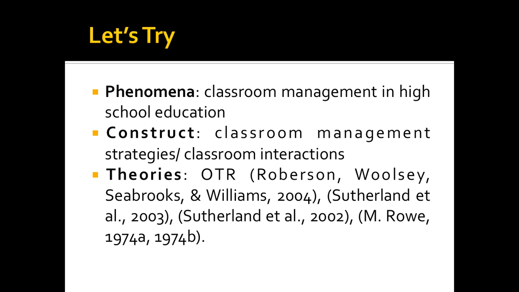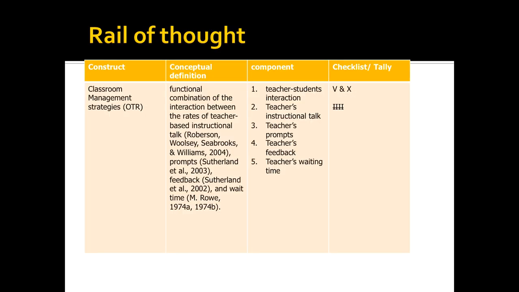And if you try to find classroom management theories, there are quite a bunch, so you cannot cite only one source. So here we have 1, 2, 3, 4, but Sutherland can be the most influential one in classroom management strategies. Is it okay to have more than one theory in our research? For sure, why not? And then again, we will always use this rail of thought when you develop an instrument